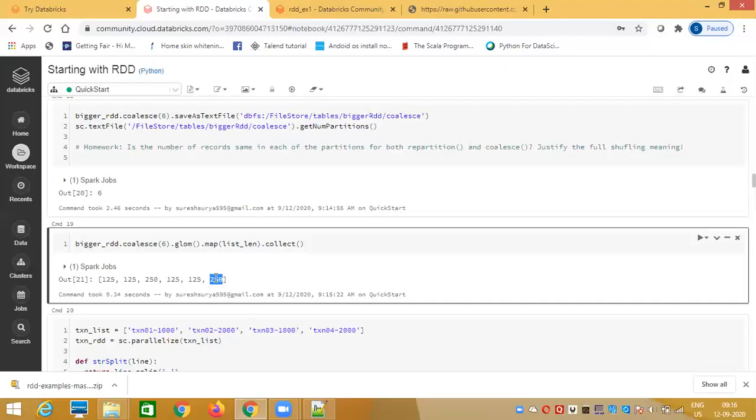Suppose computer 1 had 125 elements in 1 partition, and computer 2 had 125 elements in its partition. Now either computer 1 or 2 will have 1 partition with 250 elements. Simply horizontally concatenating. Okay, got it. Thank you. Okay, that's basically the way it happens in the backend.